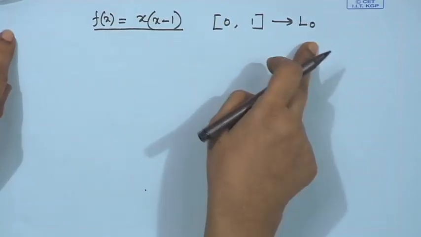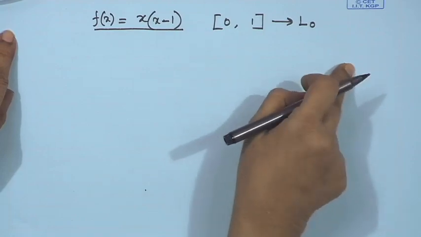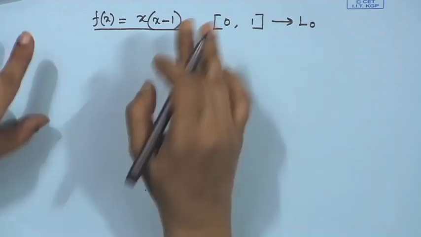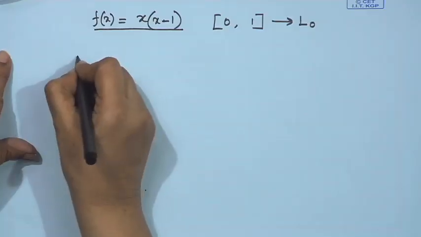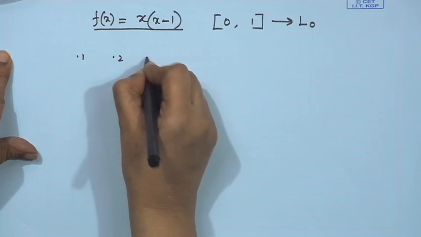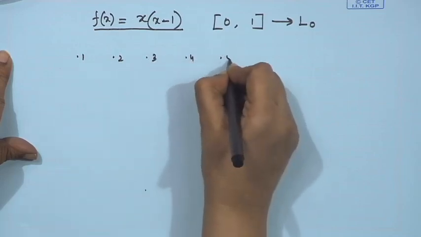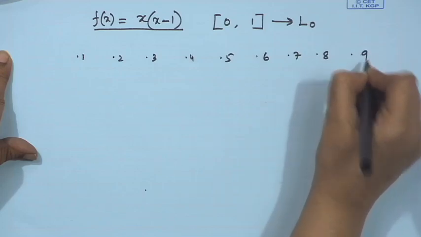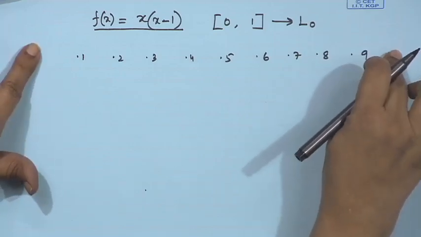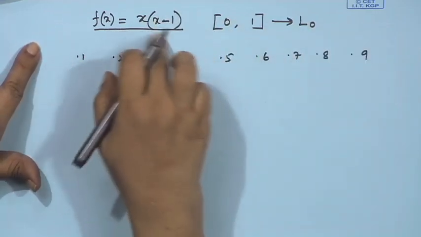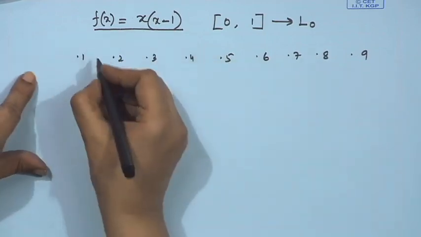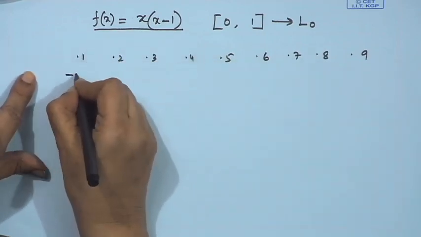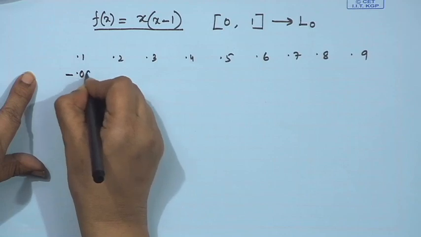Okay. For that, what I suggest is you find out through a searching process, other than the classical optimization technique. I am breaking this interval from 0 to 1 into equally spaced points, and each space I am considering as 0.1. That is why I will get 0.1, 0.2, 0.3, 0.4, 0.5, 0.8, 0.9. Here it is 1, here it is 0. Okay. Let us calculate the value of the function at each point. If we calculate, we will get the functional values as 0.09,